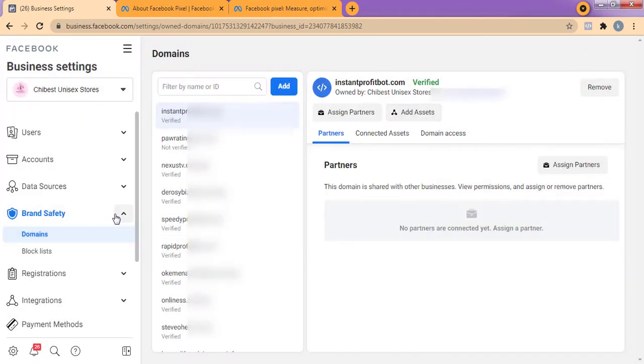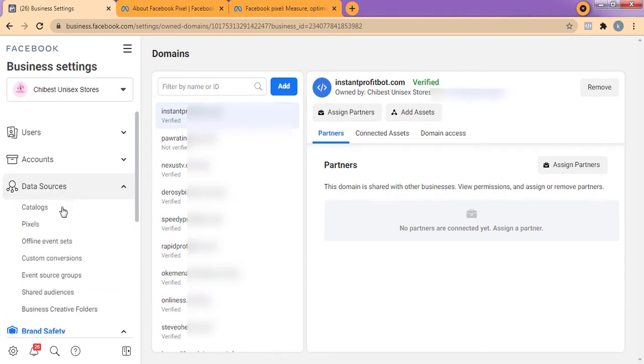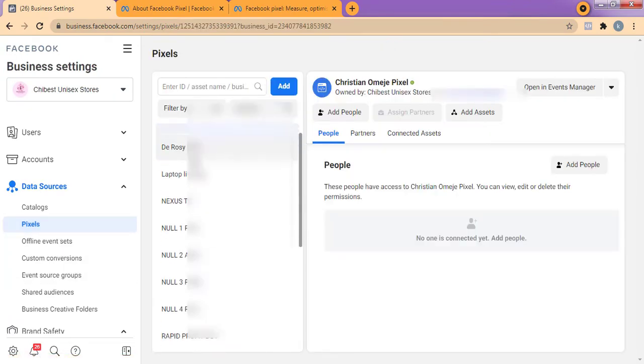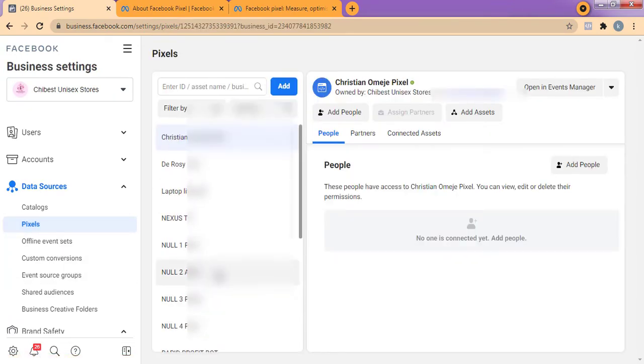So if I come over to data source right here, as you can see, this is pixel. I'm going to click on pixel, and as you can see, I've created a lot of pixels right here. And for you, you will also see an empty page which will tell you create pixel. All you just have to do is click on the add button, just like this one here, but yours will be on the center of the page. So once you click on that add button,